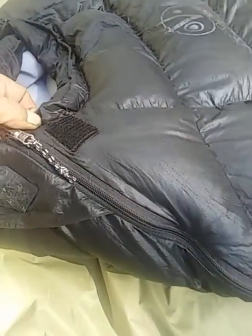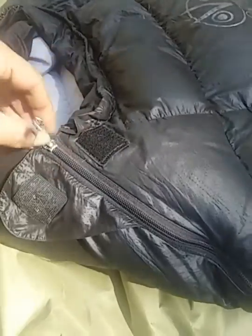It does have a decent zipper to it. I'll give them credit for that. I haven't really had any issues with the zipper, but once again, as you can see, there's down all over on the outside of the bag. Here, let me unzip this a little bit here. It doesn't hang up much. The zipper doesn't hang up much, but